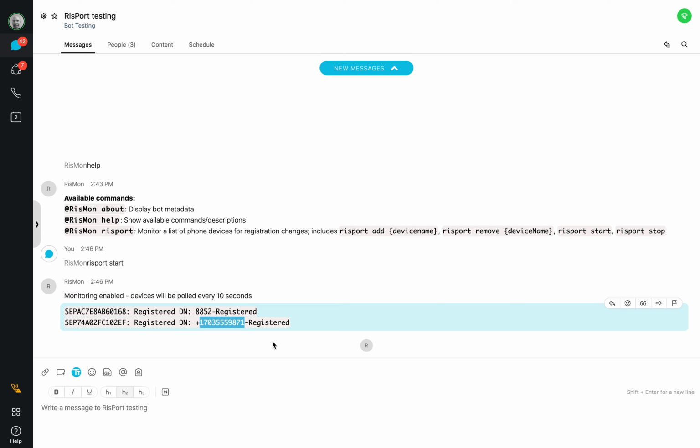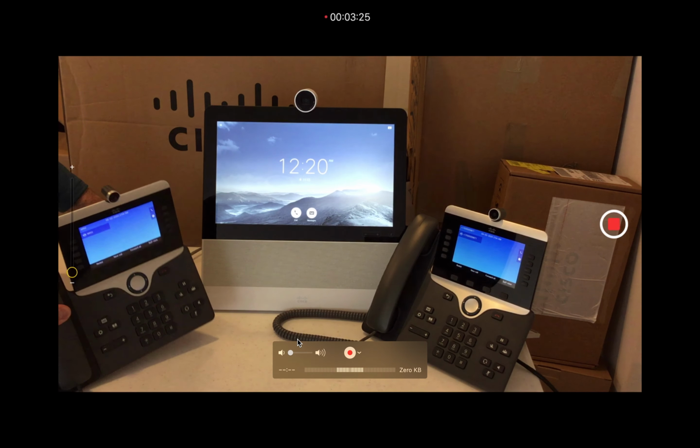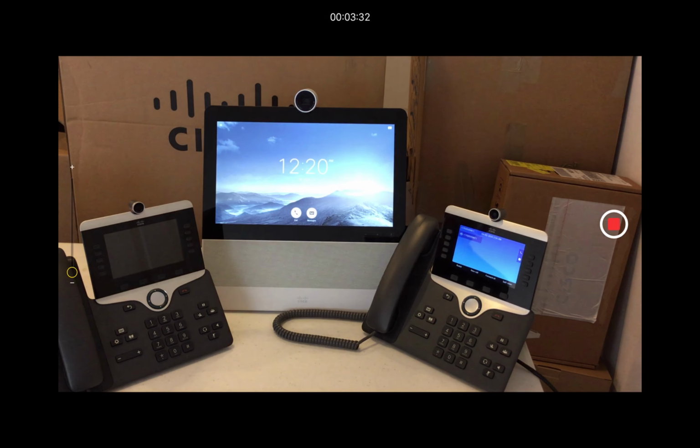Okay, so the bot's told us it's registered, and the bot's only going to give us information if something's changed. So for our first test, I'm going to go back to the endpoints. I'm going to pull the plug out of this 8865. This is the same thing as losing power, or other things could happen to cause it